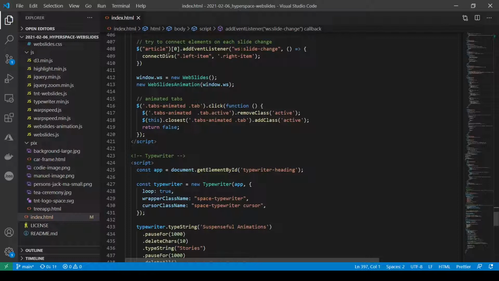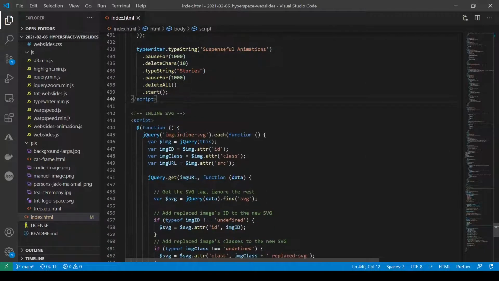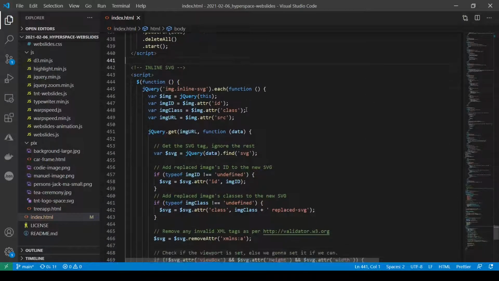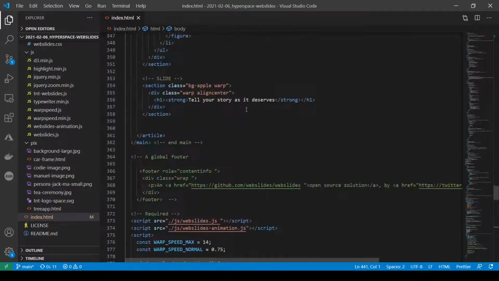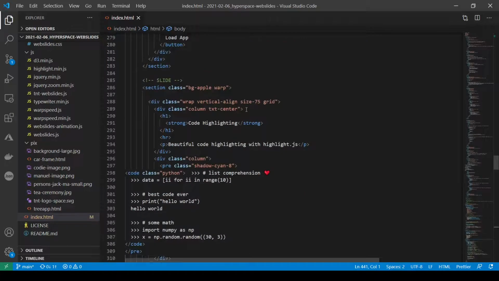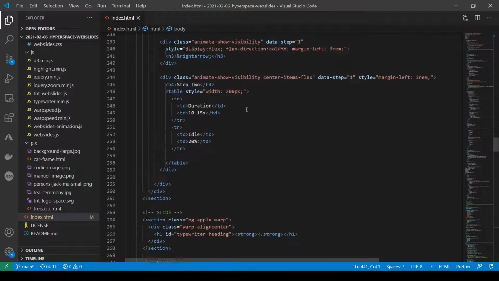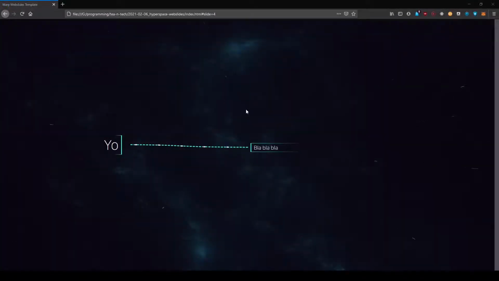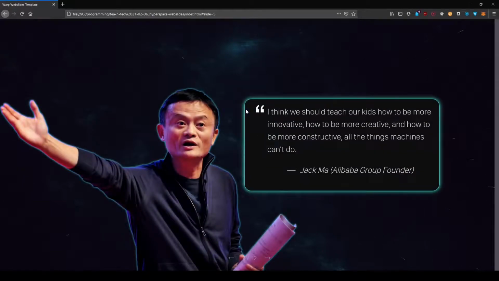So I also do other stuff with the animated tabs and so forth, like all this magic, the typewriter, and other things I like to do down here, and it works all pretty fine. So this is how a Webslides presentation looks like, and like I said, it's no magic, it's not even hard. And what I love the most about these Webslides is